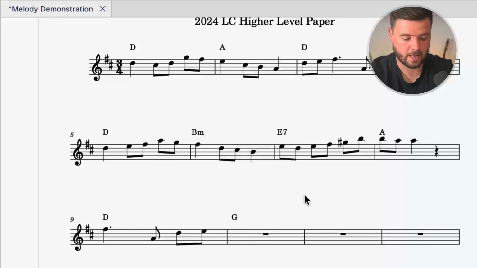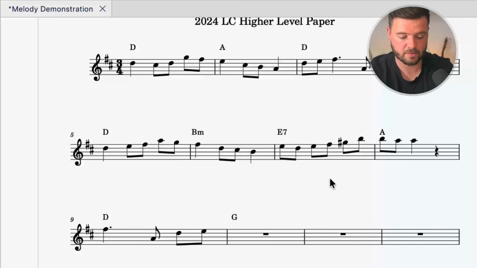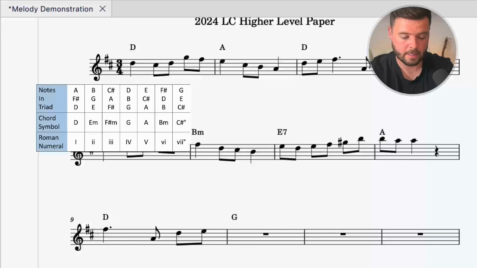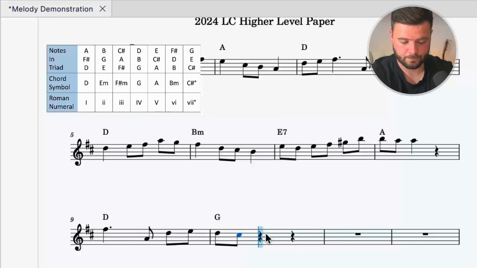Also notice that once we modulate here in bars 7 and 8, we forget about that dominant key altogether. Now we're back in our given key of D major. I'll just move this up out of the way. So we're back here in our given key, and D major has these notes, D, F sharp, and A. So I've got an F sharp kicking us off, 3rd degree of the scale, A, D, and then I'm going to go to probably a D note here